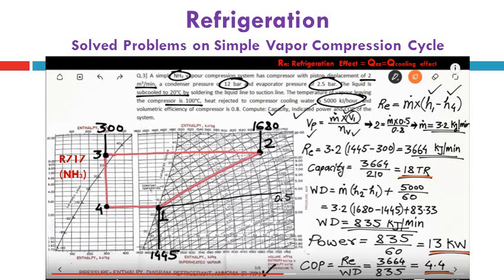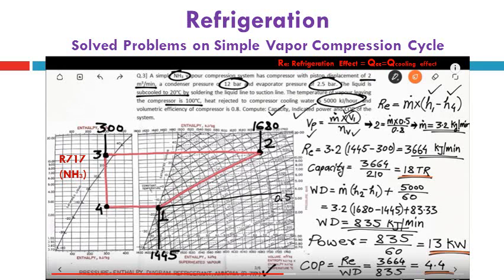Then we can get the work displacement equal to 836, as can be seen by using the figures shown, in kilojoule per minute. Then we can estimate the power, the indicated power, by transforming the kilojoule per minute to kilojoule per second, which corresponds to kilowatt, by dividing its result 835 divided by 60 to get 13 kilowatt, which is equal to the indicated power consumed by the compressor,